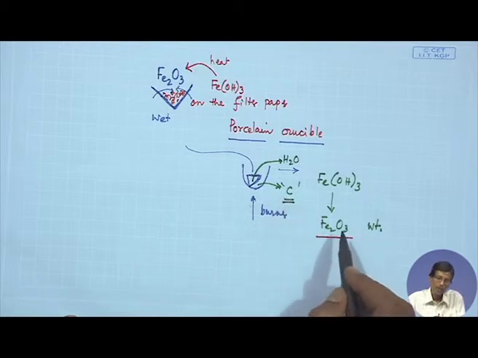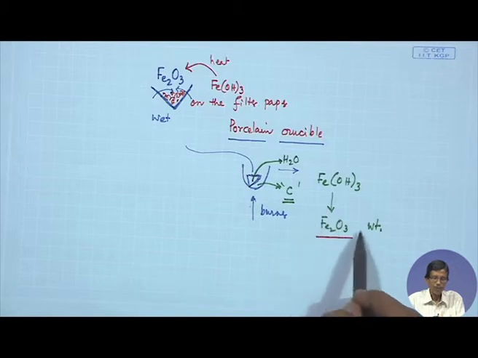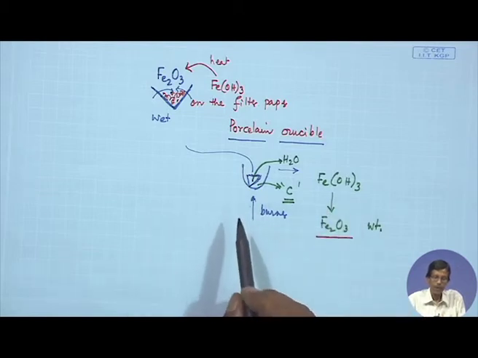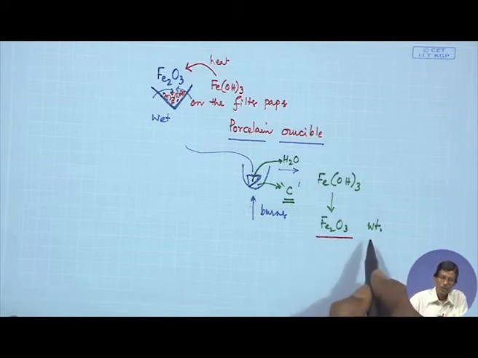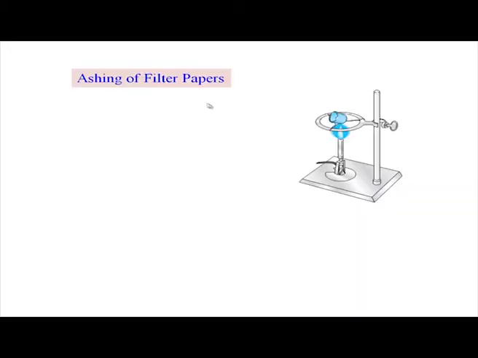That will take some time, several hours, to burn this and to get the corresponding Fe2O3 from the ferric ion we are handling for the estimation of iron. So, by knowing the weight of this, we can estimate the amount of Fe3+ originally present in it. So, this is the technique: you have to ash the filter paper first, before ashing your precipitate. This is a common textbook thing, anywhere you can get it. This has been taken from Skoog's book.